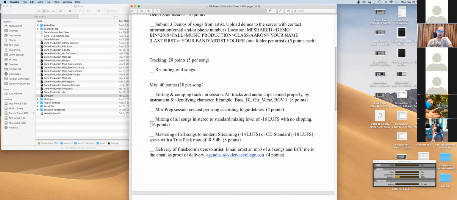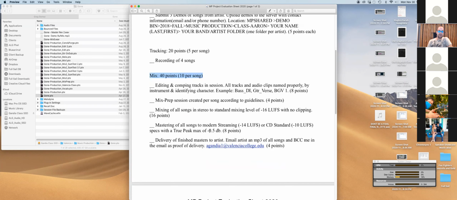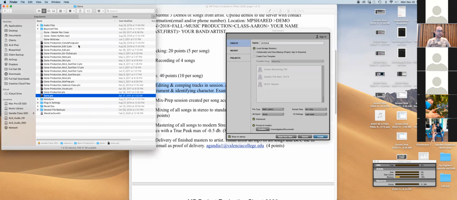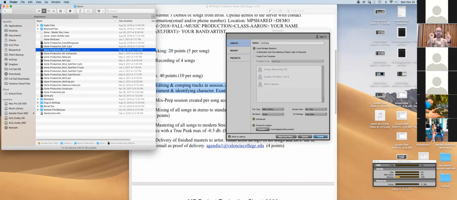Mixing, the bulk of the project is here in the mixing. First portion of that is editing, comping, editing and comping tracks in session, all tracks and audio clips named properly by instruments, identifying characters. Okay, so I should see another session that's labeled edit, and in that session I will be able to open it up and see a whole bunch of regions, clips there, and see that there's a fade in, there's a fade out, that there's crossfades in between edits, and